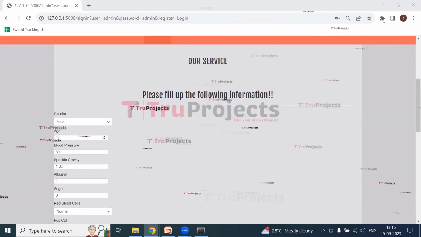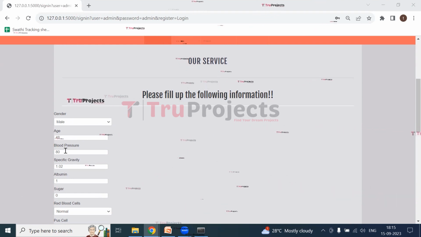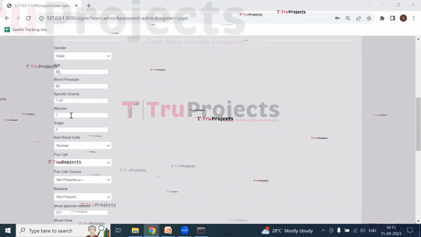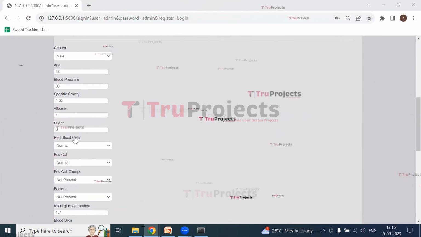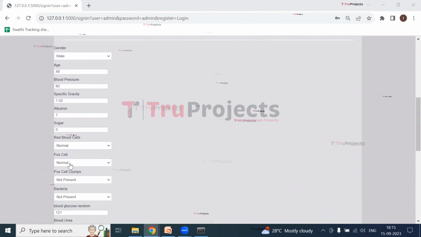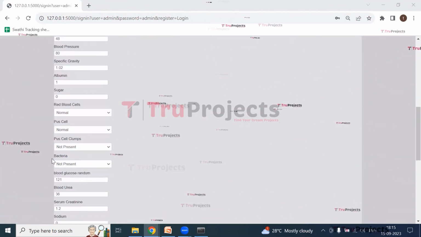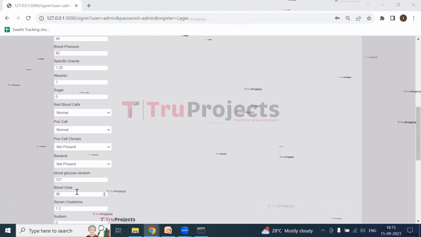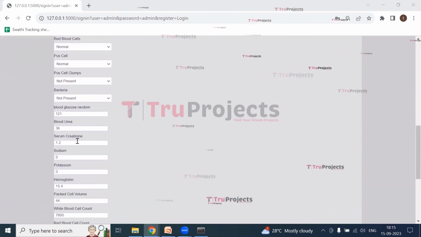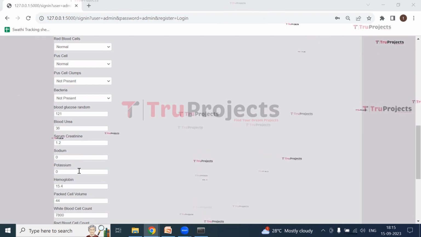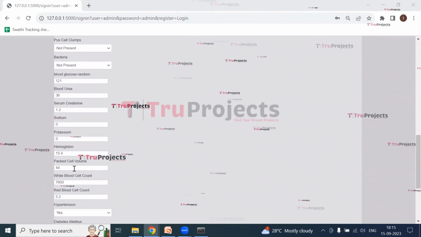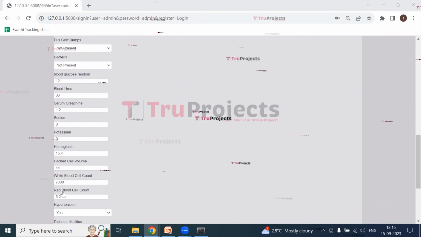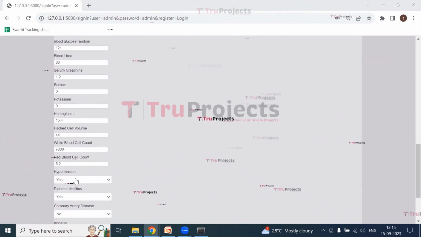Gender is male, age is 48, blood pressure is 80, specific gravity is 1.02, albumin is 1, sugar level is 0, red blood cells is normal, pus cell is also normal, pus cell clumps is not present, bacteria is also not present, blood glucose random is 121, blood urea is 36, serum creatinine is 1.2, sodium 0, potassium 0, hemoglobin is 15.4, packed cell volume is 44, white blood cell count is 7800, red blood cell count is 5.2,